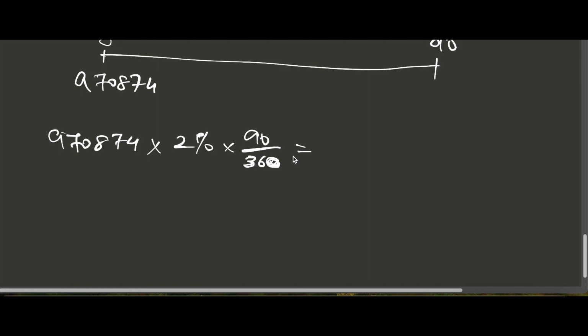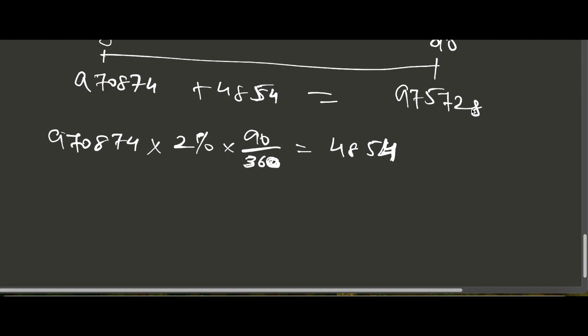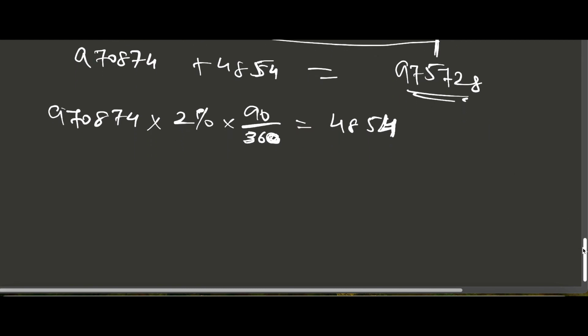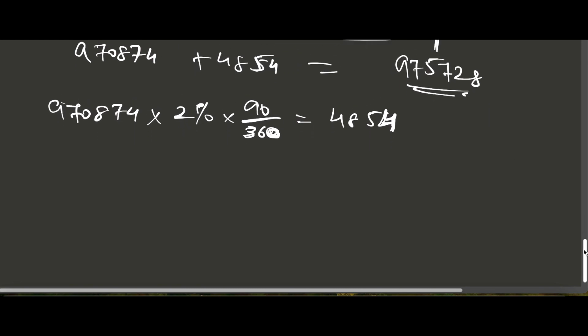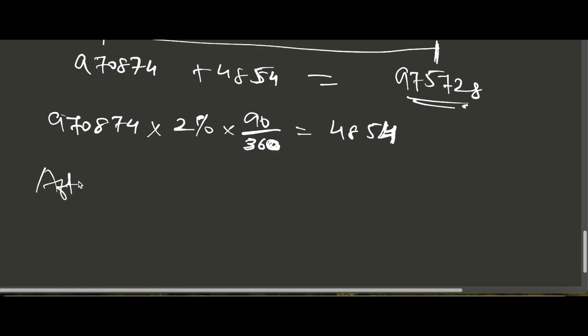Now this calculation comes to 4854. So this is the benefit or income that the lender is going to get. So plus 4854 will come to 975,728. So this is what the borrower is supposed to repay at maturity. That means 90 days. Now suppose after 30 days